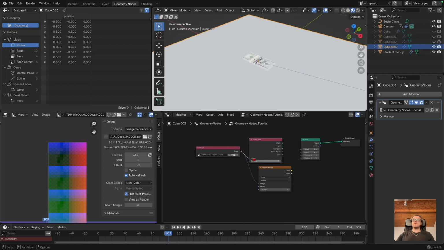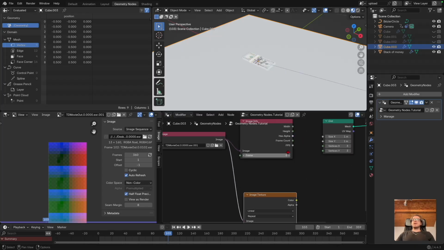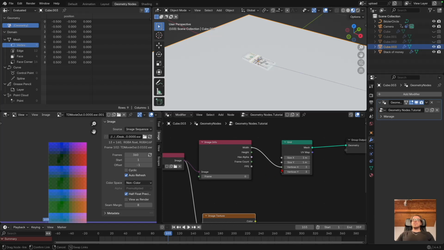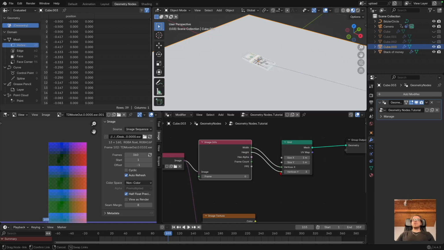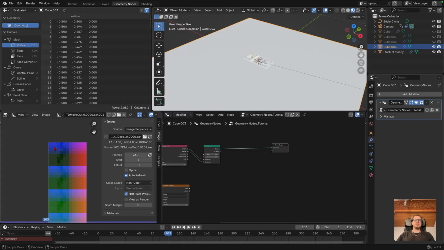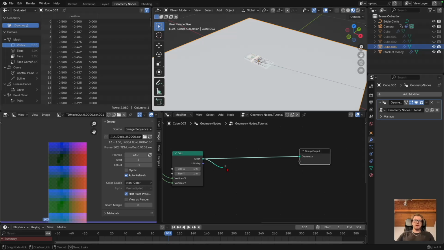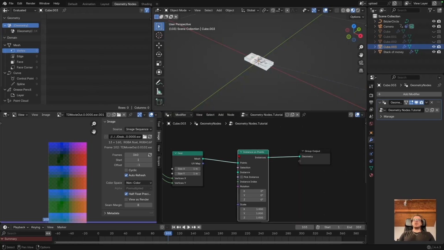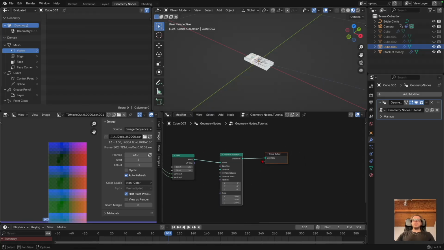Just found this out, and we can actually just hook up the width and height of the image to automatically adjust to the dimensions of this image. So we get a vertex for each pixel,